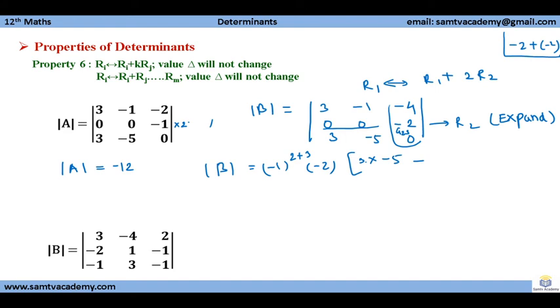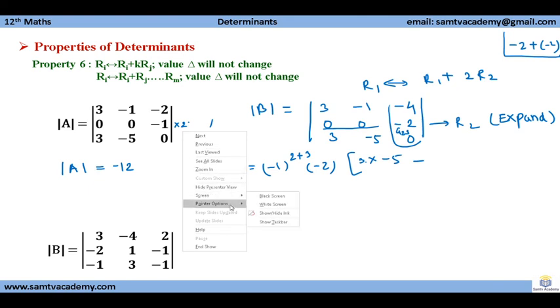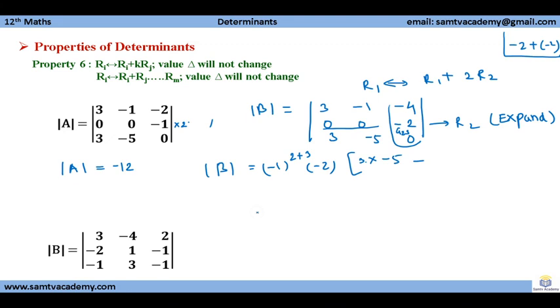So here I made one mistake. You don't want to multiply this by 2 here. One second, the pen is not coming. So here you have to do the operation, but you don't want to multiply by 2 along this row. For replacing this you have to do it, but not for that row.